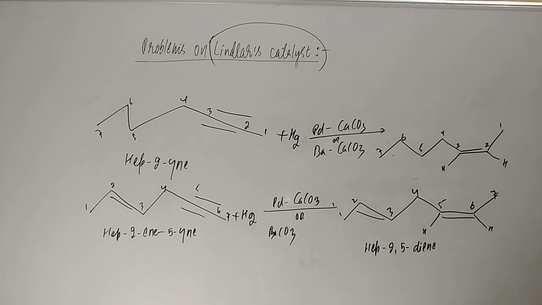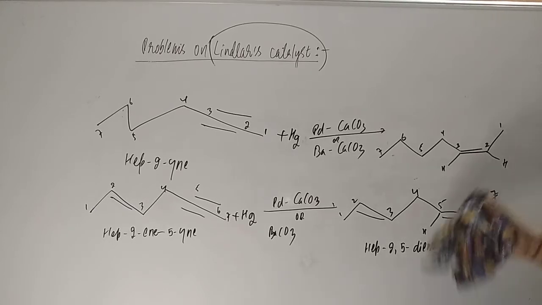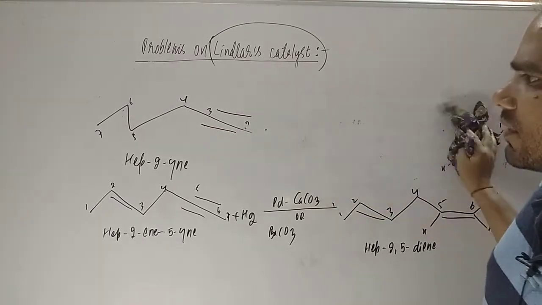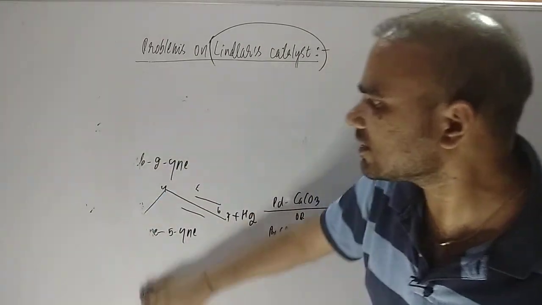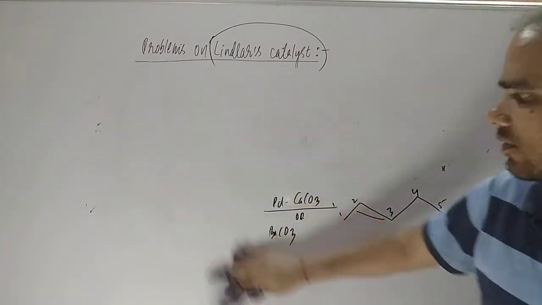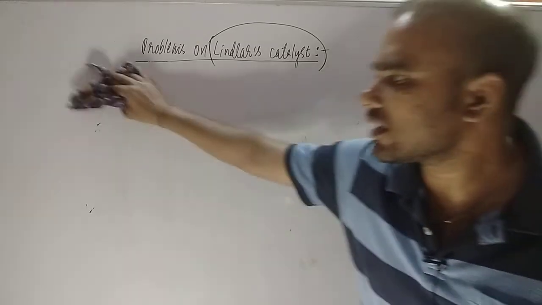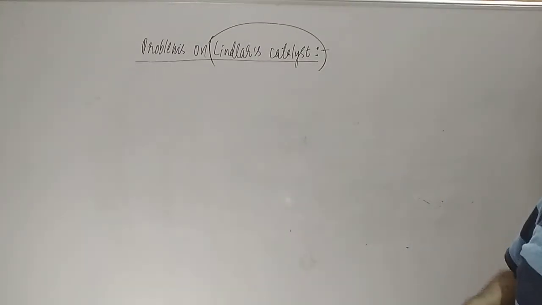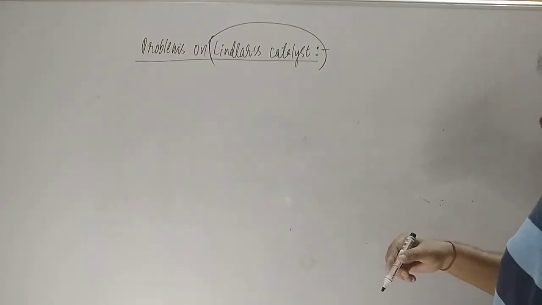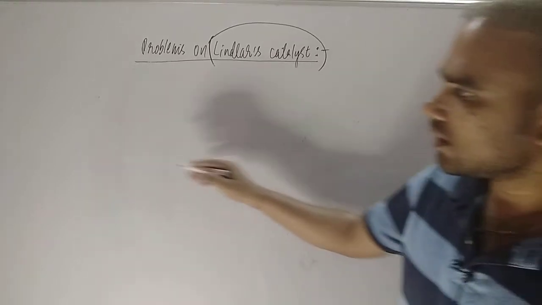Now if you see student, we can go for another example, right? So you keep in mind student that you are going to prepare the cis alkene only, okay? I will explain with the help of mechanism why it is forming cis alkene. Now let us have another example student. What example I am taking here, you can see,